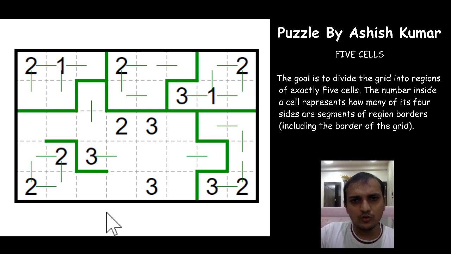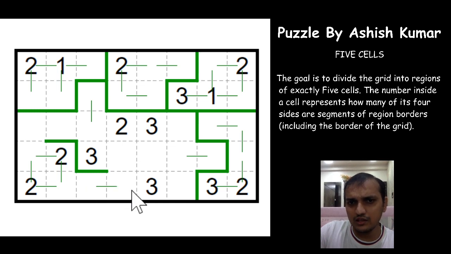Okay, so one more narrow logic here is, if this cell is not part of this region exactly, then this cell has to continue this way, and it is not part of this region also, right? So what happens if this cell is not part of the 3 and not part of this region, then it has to have 5 cells, right? And the 5 cells are 1 2 3 4 5, so either way this 3 has to come.